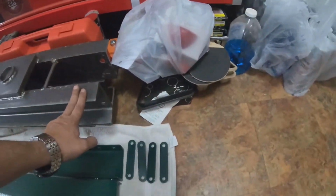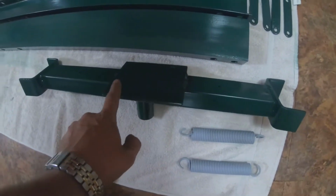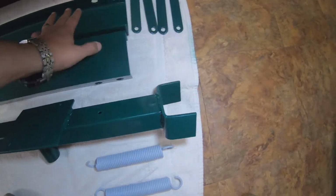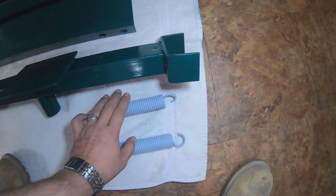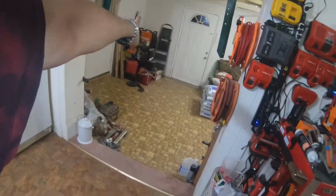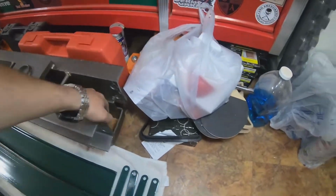So the top piece that mounts to the top of the rails that the bottle jack presses up against, and the bottle jack mounts here, is green. So the bottle jack's green, this is green, the 2 legs are green, the supports for the legs are green, the springs are gray, a primer right now. They're going to be a copper color. The press plates are black. The feet are green. Bottle jack's in that corner. These guys are going to be navy blue. So press plate and the bottom,